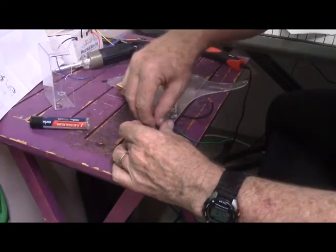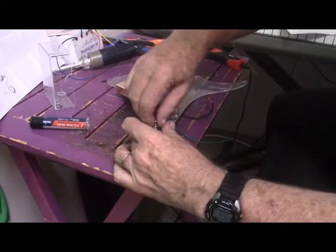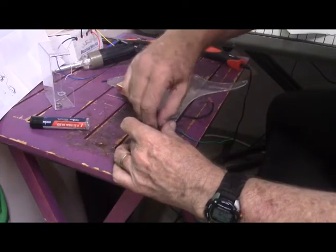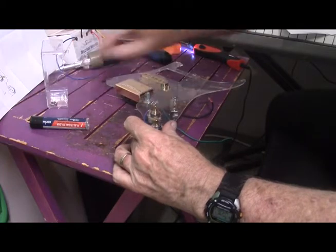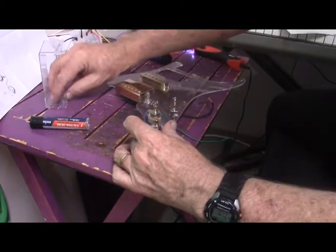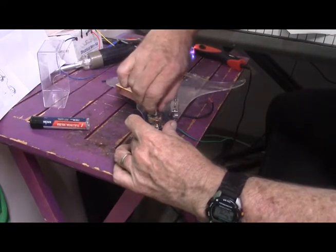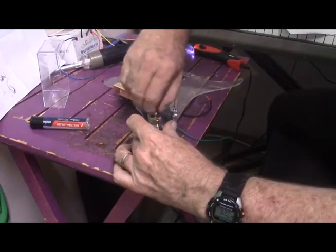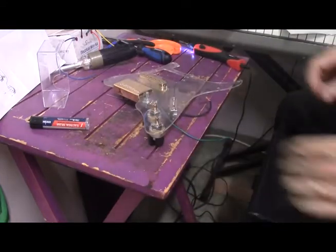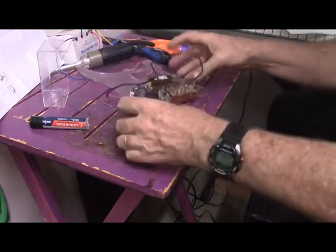Picking these things up is often an adventure on a flat, smooth surface. Alrighty, get on there. Thank you, that's one. Here's the other one. Yeah, so and there we go. All right, those are wired up. Next,